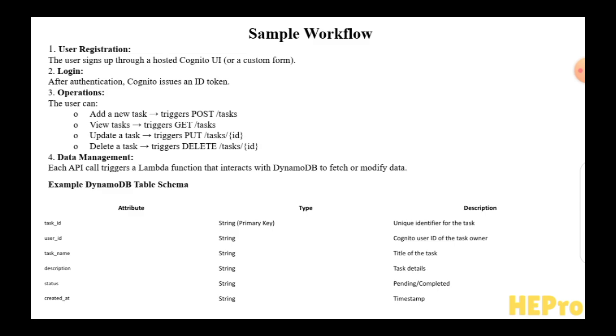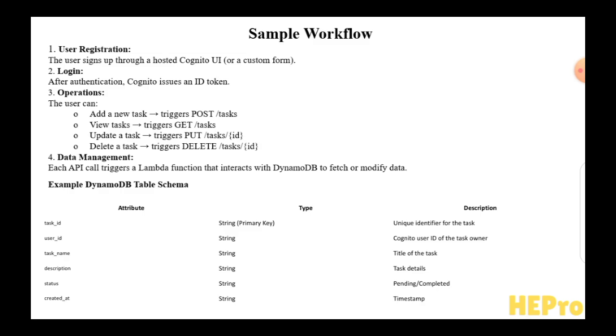These functions interact with DynamoDB to store and retrieve data. Each task is stored with attributes like task ID, user ID, task name, description, status, and created at. This demonstrates how authentication, API routing, serverless functions, and a NoSQL database work together in a fully managed, scalable cloud